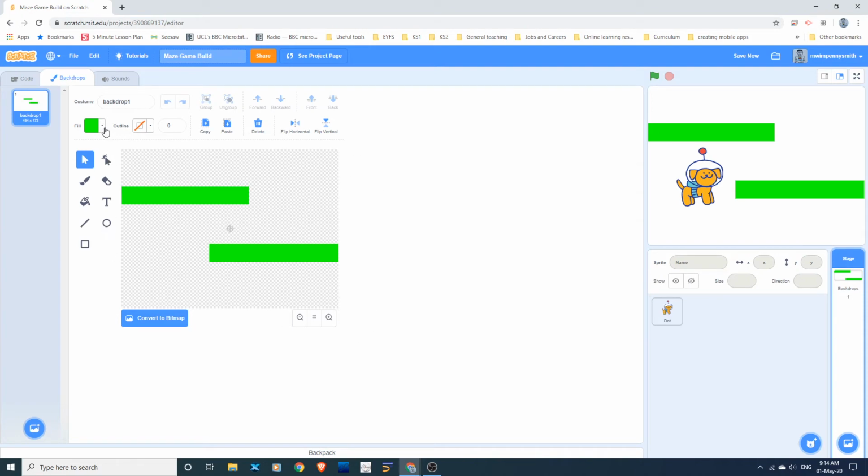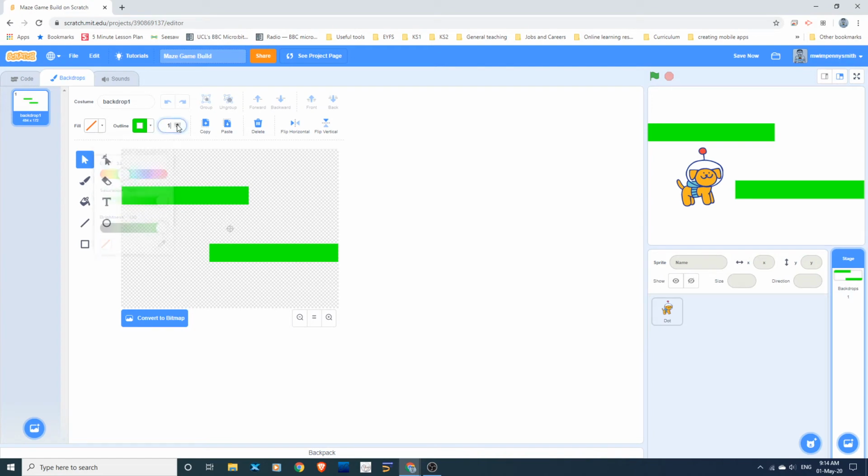So the way you can do this is you can change, we don't want to fill this in this time, but we do want to have the outline, which is what we set up. So we could use the colour picker here to pick the exact colour. So that's the colour picker tool there. We can use the colour picker to pick the exact colour,